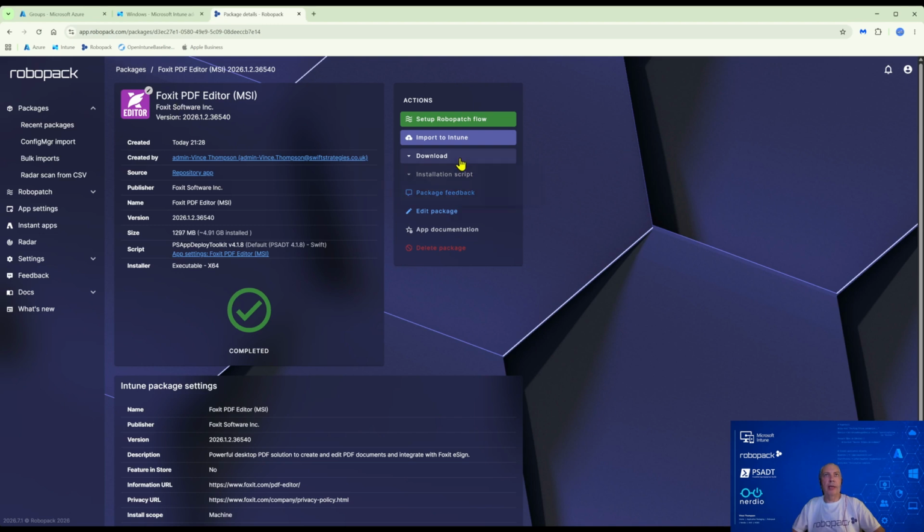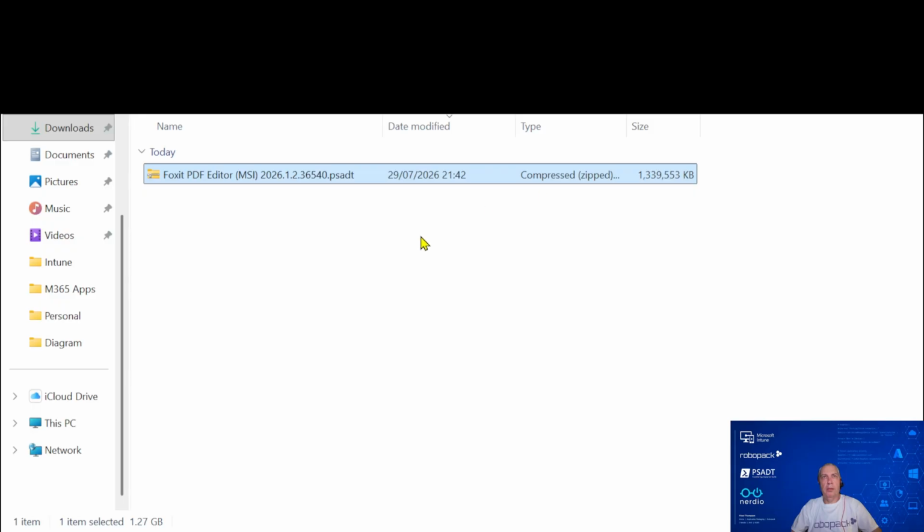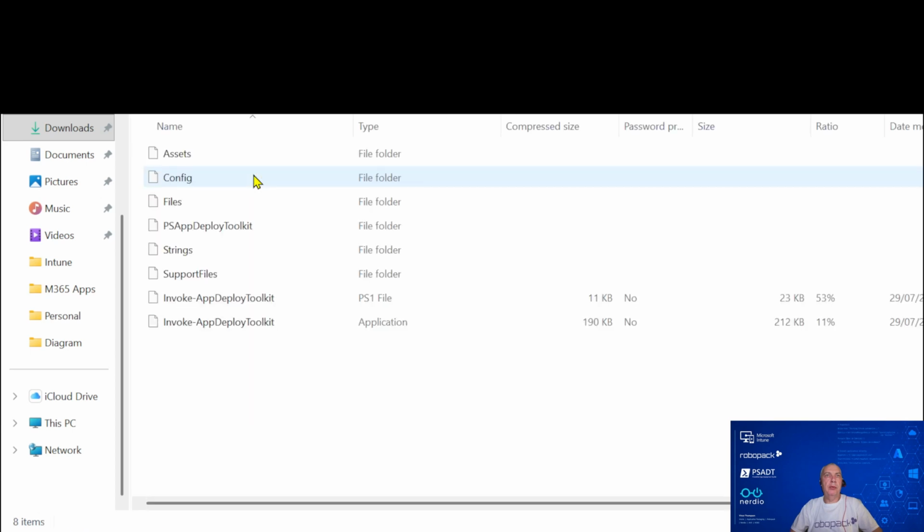So let's just download that now. So I can download the PSADT script. This will download the framework with the script in it and also the files. So let's take a look at this. Let's take a look at the Foxit Editor PSADT, which is downloaded from Robopack. This is it here. There's a whole bunch of files and folders. I'll talk about that in a separate video because PSADT is quite involved, and I'll talk about that in more